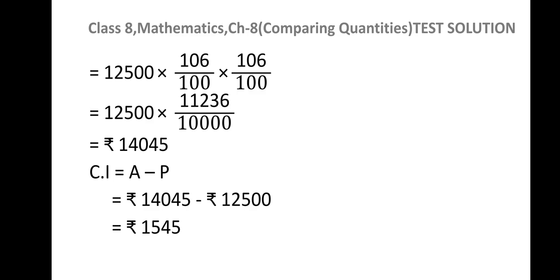So it was a very simple question. Simply in this question, you were supposed to put the value of principal, rate and time to find the amount first, and then compound interest is to be calculated after subtracting the principal from the amount. And first of all, you should be aware about the formula, which formula is to be used, and I hope you must have done this question very easily.